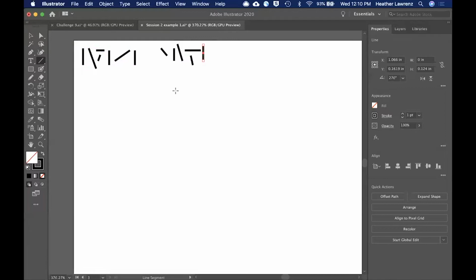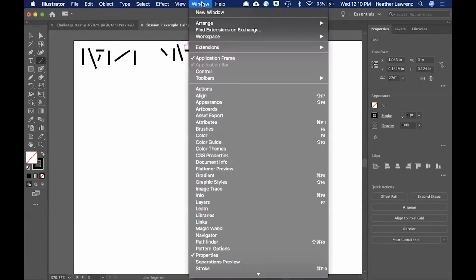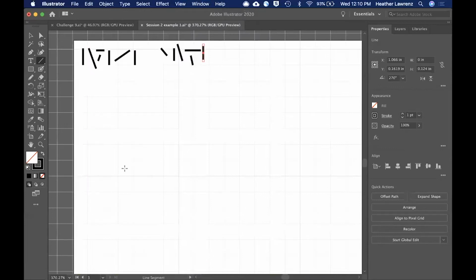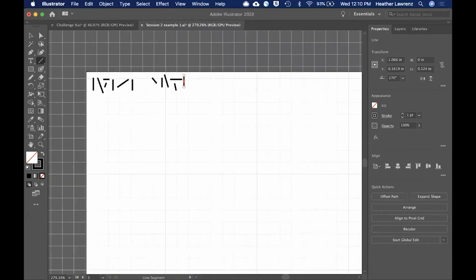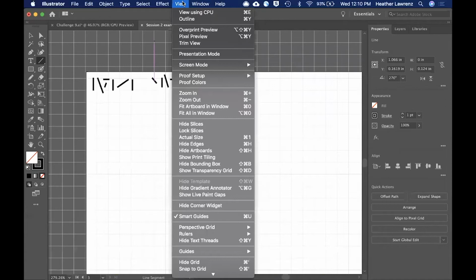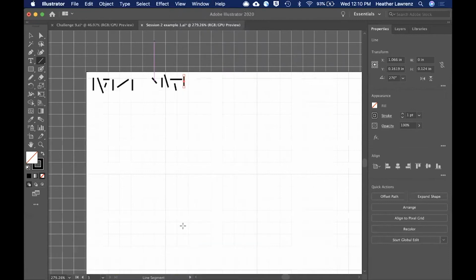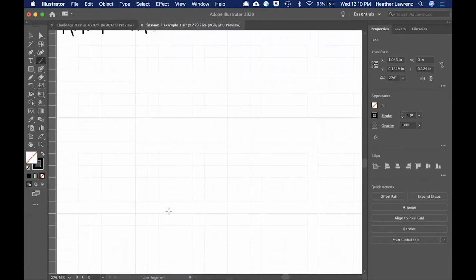Those are kind of interesting, but if we want to start doing something a little more fun, we can bring in some zigzag shapes. So let me show you how we can do those. So I'm going to go to my view menu, and I want a couple of things to be popped up. I want my grid, because I'm going to use my grid to help create my line segments. And I actually want to snap to the grid too. So now I have both of those in there, and I'm going to use this grid to help me create